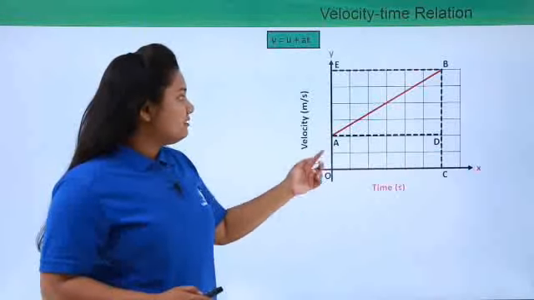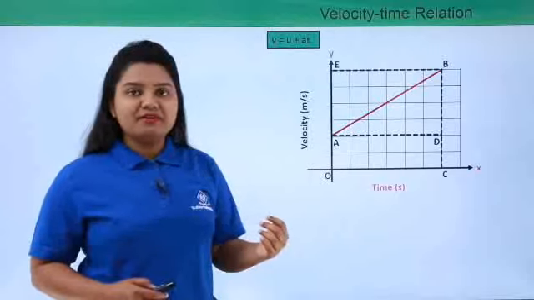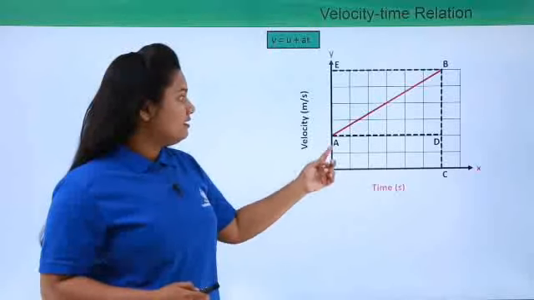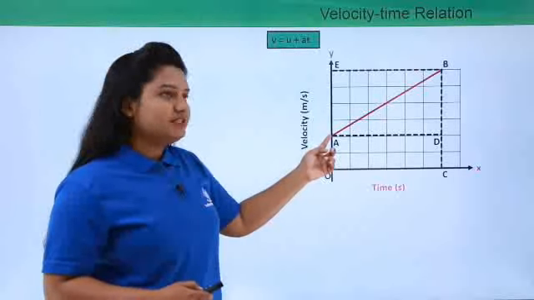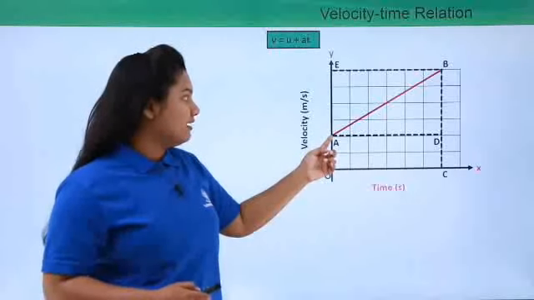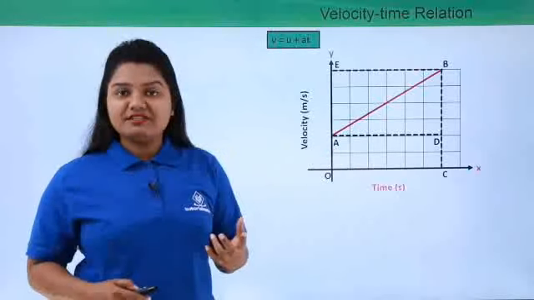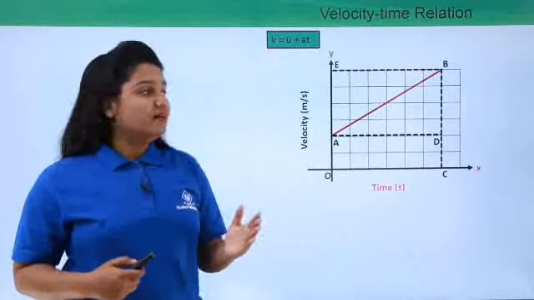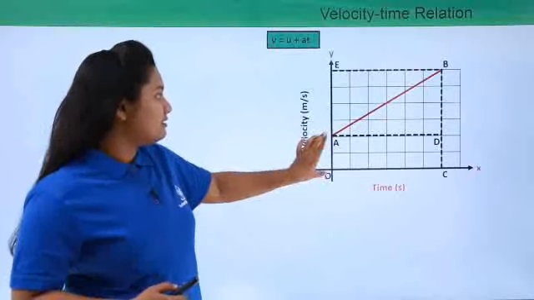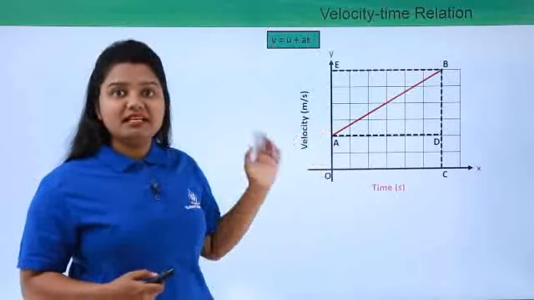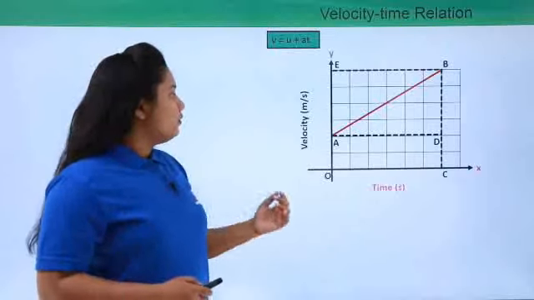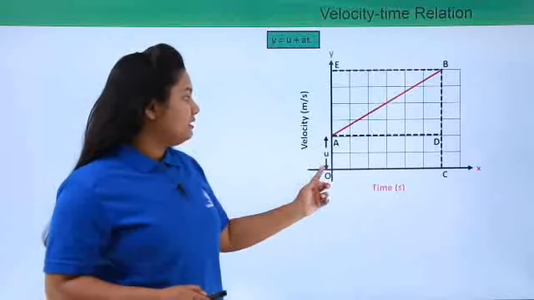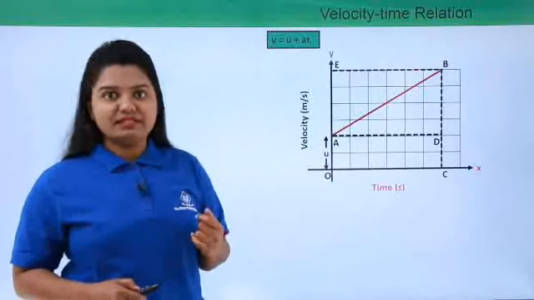Now, we know that this velocity time graph has not started from the origin, which is here. It has started at a point somewhere here, which is not the origin, or which is above the origin on the y-axis. So this gives us an impression that the body has not started from rest. That means that it has some initial velocity. So this OA gives us the value of the initial velocity of the body. So our initial velocity we have taken as u. So this length we will be taking as u, that is our initial velocity.